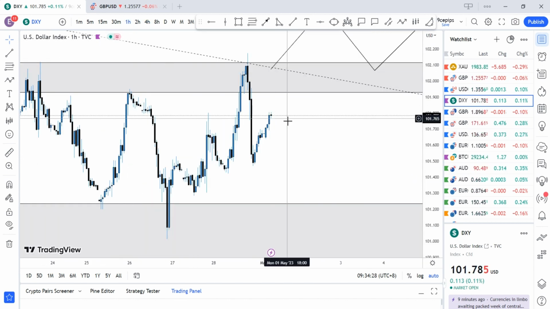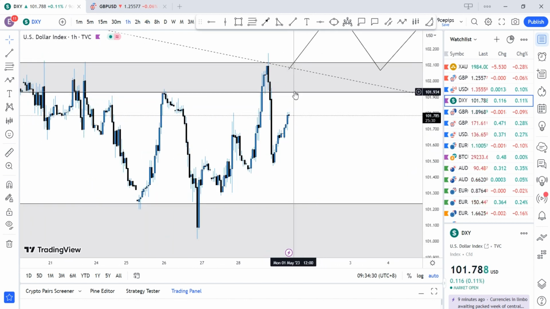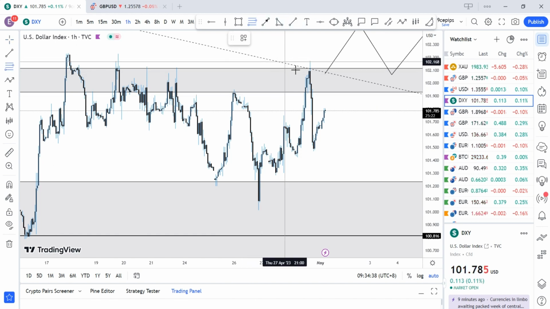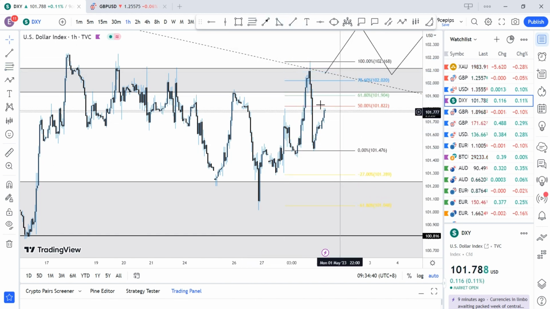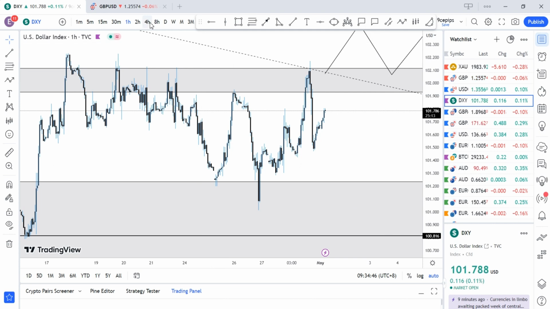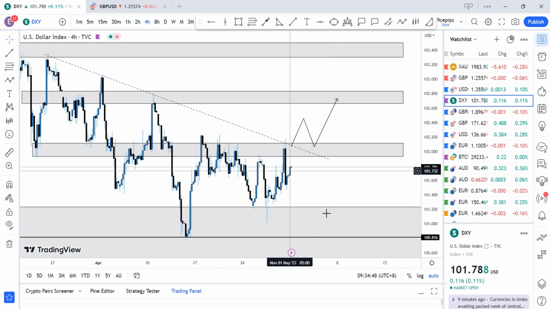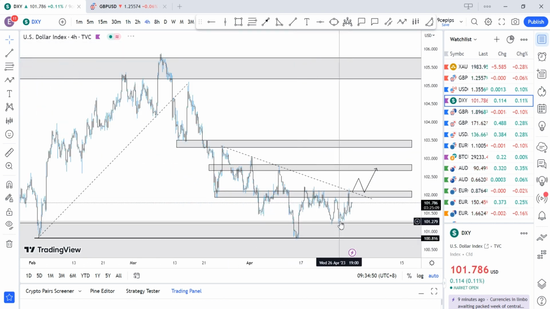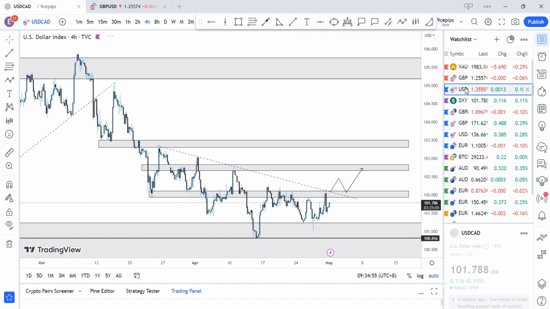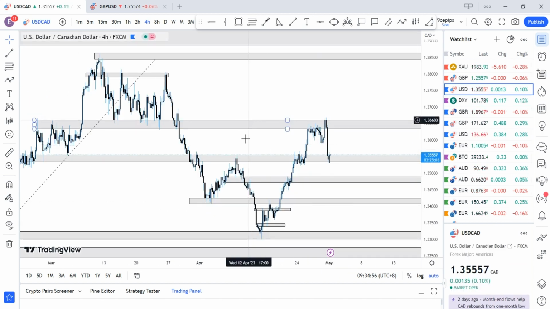If we click on the 1 hour time frame, we might see a quick retest to these regions here of 101.92, maybe to just pick up orders around that region, giving us a Fibonacci retracement pullback over here, 50%, 61.8, just create a structure here, and then we'll continue to the downside majorly. I'll be watching out for that to see what happens around this region, but for now I think we might continue to the downside here on DXY. And if that happens, let's quickly look at USDCAD.